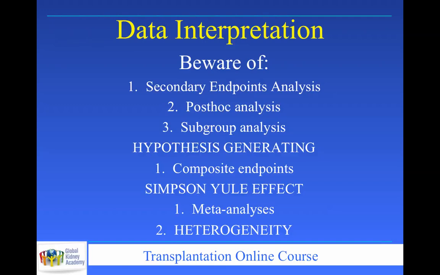Another warning is the excessive use of composite primary endpoints. So you'll say, I look at myocardial infarction and/or stroke and/or mortality and/or hospitalization for peripheral vascular disease and/or quality of life. By using many endpoints, interrelated or not, with different importance to the patient, quality of life may not be as important as death or survival, and by mixing them all in one composite endpoint, you may end up having significant changes in the quality of life,